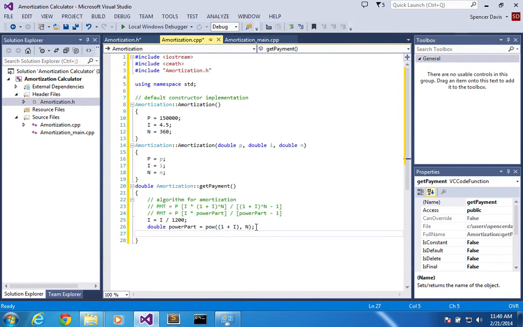So now we could actually write, let's say, double payment, because we have to declare it, equals this. But we can't really write it like that. We have to go P, because we can't use these little math things right over here, because that's more like an array type thing with C++. So it's going to be like